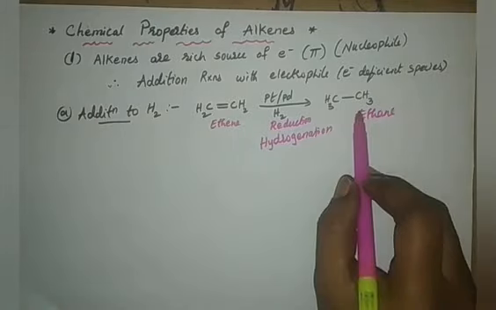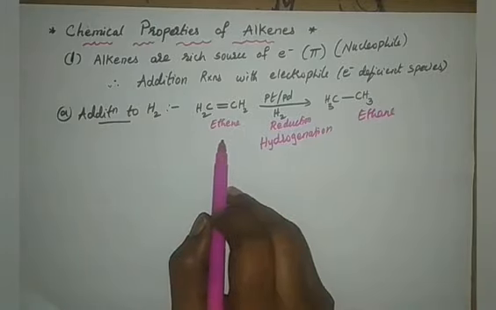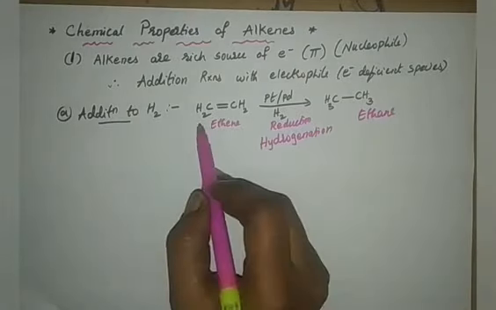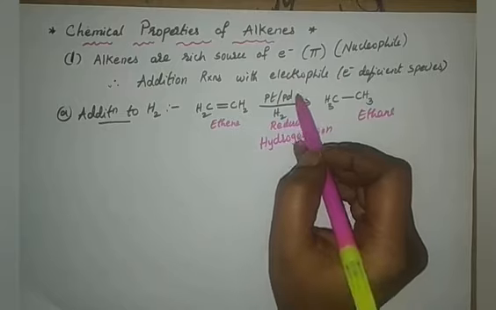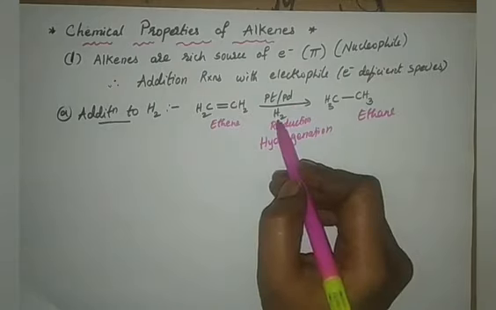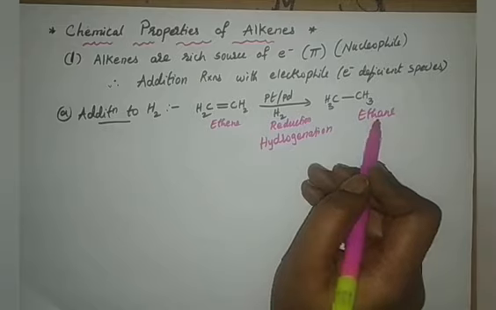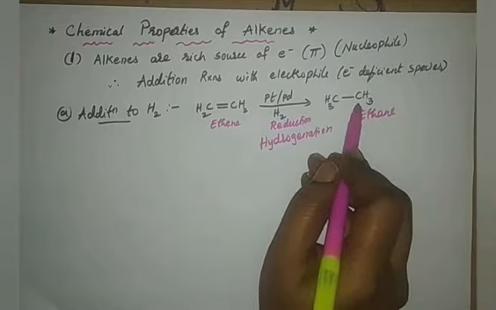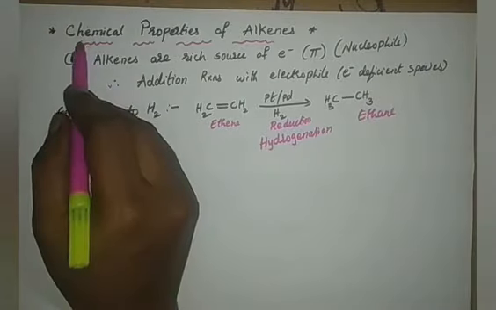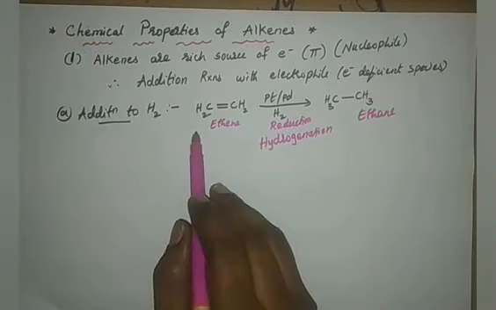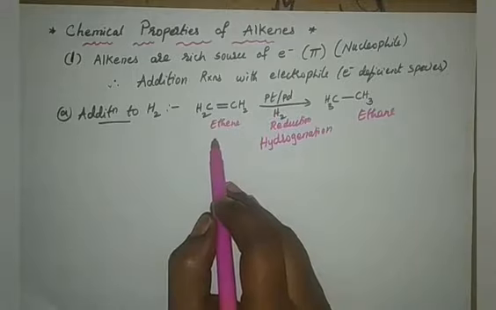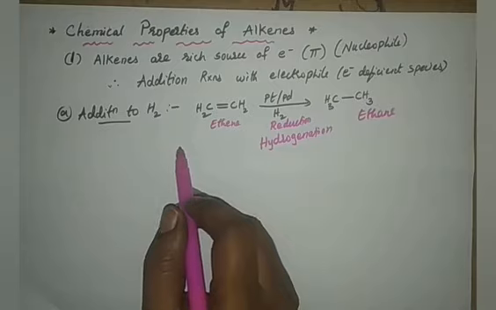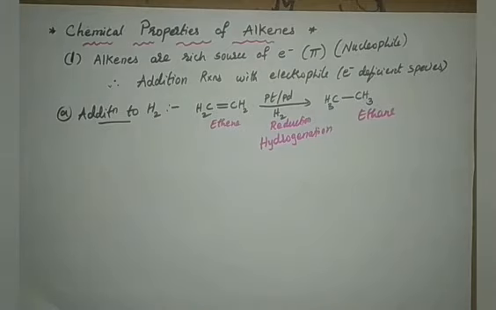Actually, we have also discussed the same reaction for the preparation of alkanes, where ethene with palladium or platinum on carbon catalyst and H2 gives you ethane. We wanted the preparation of alkanes, right? So on the product side, alkanes should be there. Therefore, we have done that. Now, in these chemical properties we are discussing what happens when alkenes react with some reagents. Both reactions are exactly the same. You have to use it according to the situation. Then the second one will be